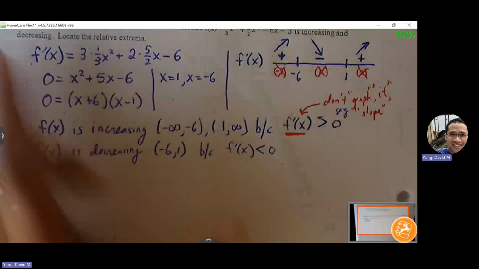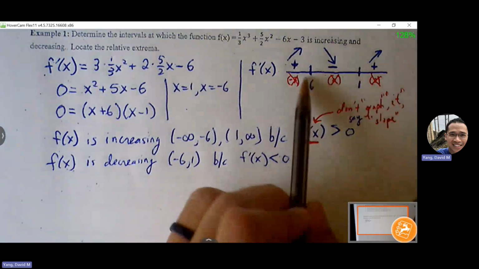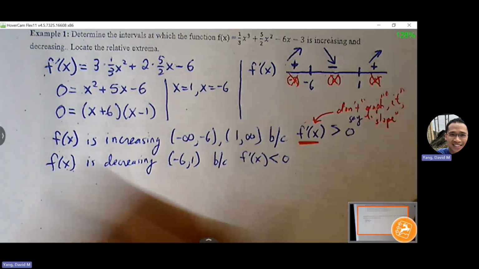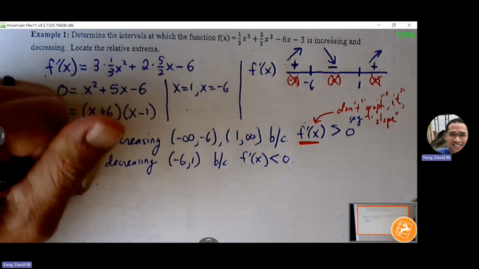Okay, we can also say a statement about relative max and relative min, just like how you guys said. A relative max at -6, a relative min at 1. So we can say relative max